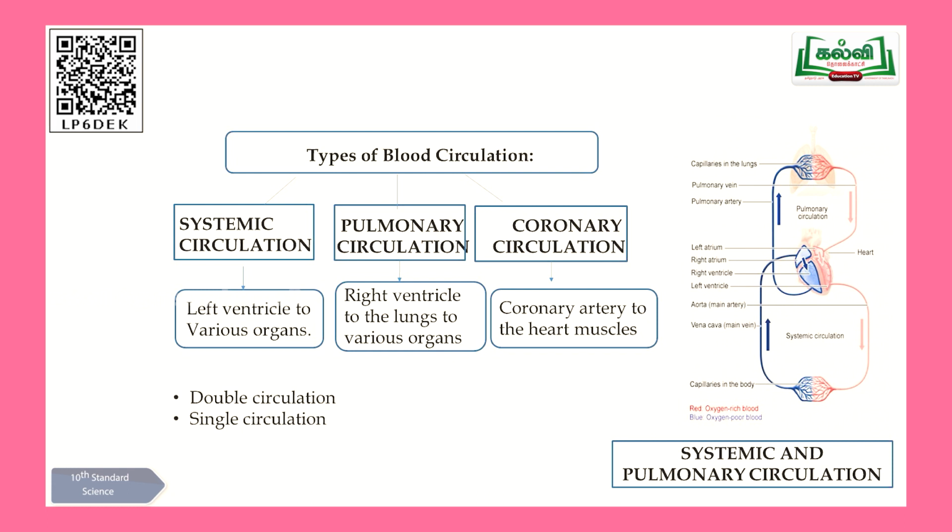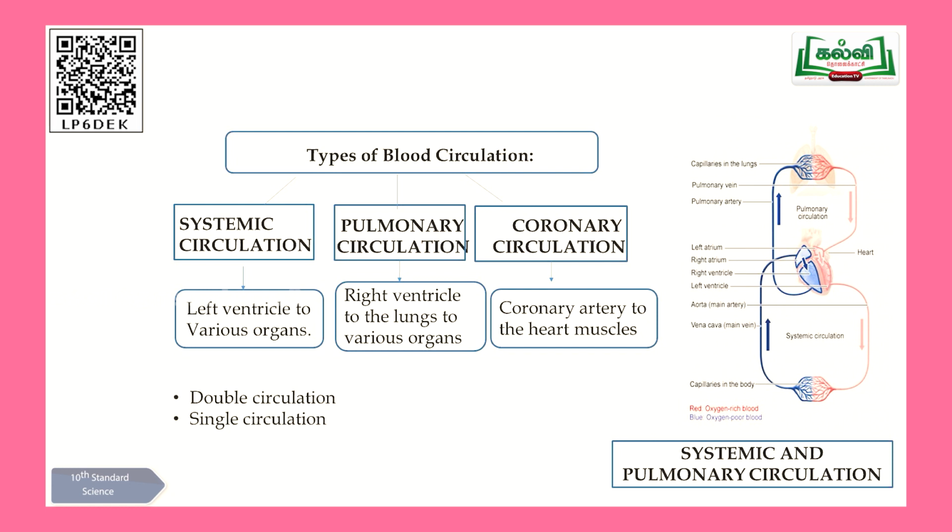So this is actually pulmonary means lungs. Blood is taken to the lungs for purification. Once lungs purify the blood, it is called oxygenated blood. Oxygenated blood will be brought back to the heart through the pulmonary veins. So here you can come across lungs play a very important role of purification. That is what it is called, pulmonary circulation.